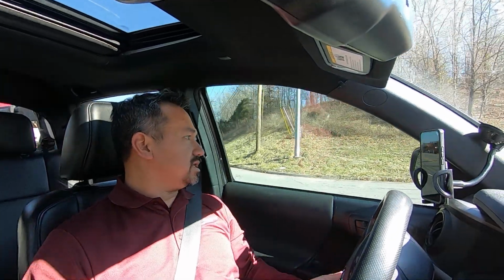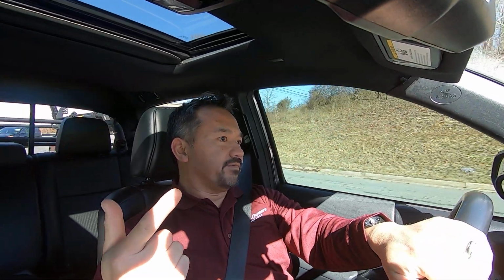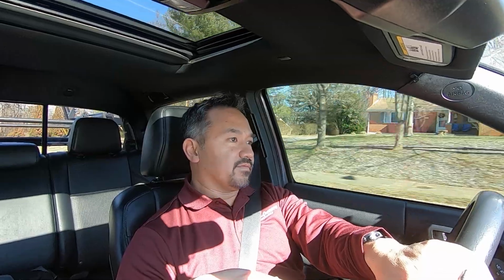But those are the main things: price, exterior styling, first year for a new generation, and the engine. I'm sure there are a lot of pros as well for this new vehicle, and maybe down the road, in a few years, after they work out the kinks and the price comes down, I might consider it. But at this point,